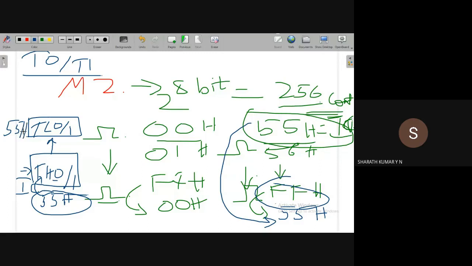When the timer is started, how to start the timer we'll discuss next, when the timer is started,